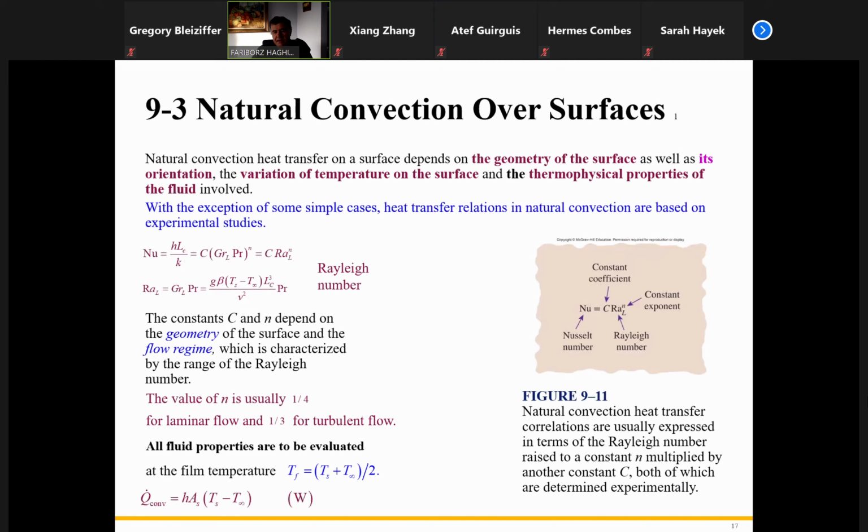Now, if you look at here, the same thing that we had for forced convection, we mentioned in general terms, we write the Nusselt number as a function of the Grashof number. That's similar to the Reynolds number that we have, Prandtl number to power n. Therefore, this represents the general term equation, okay? But also, we have Grashof number times Prandtl number, called the Rayleigh number. Therefore, the Rayleigh number is simply the Grashof number times